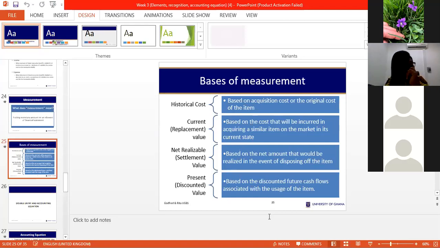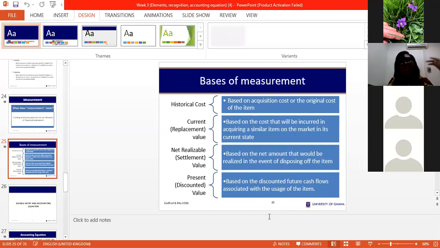And that is what we refer to as your historical cost. I did mention that with historical cost, it is verifiable, okay? And it is an objective way because you have the receipt to prove that this is the amount you bought it for, or the invoice, okay? But there are other measurement types or bases that accountants can use, apart from the original cost.